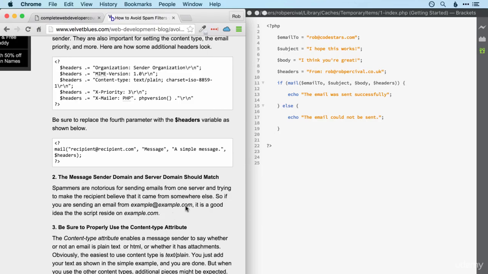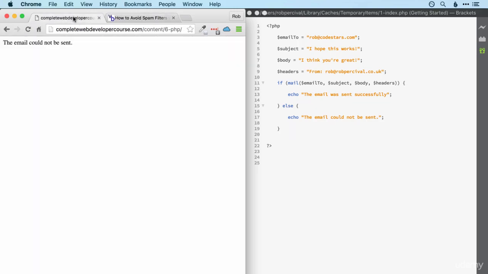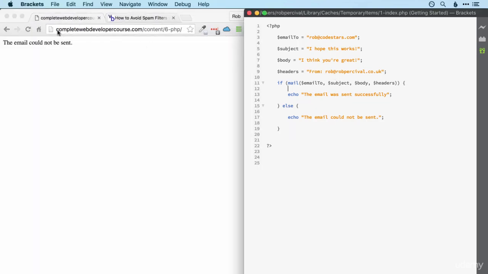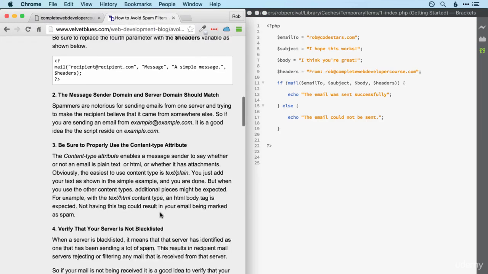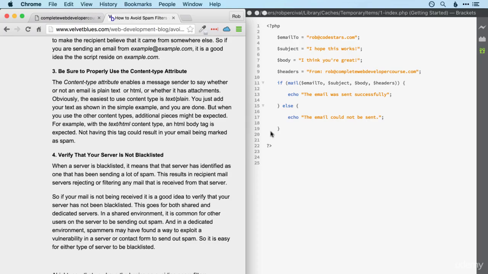not try and send email from anywhere other than the domain that you're running the script on. So this would probably fail because I'm running the script on completewebdevelopercourse.com, but I'm saying that the email is from rob@robpercival.co.uk. So if I change that to rob@completewebdevelopercourse.com, that's more likely to get through because it's being run on the same server that it's claiming to be from. And there's a few other options there as well that you can do to attempt to get past the spam